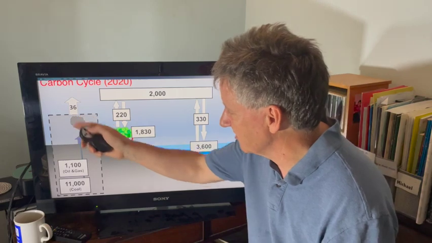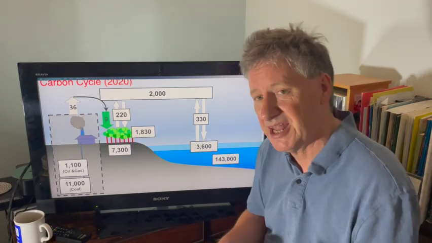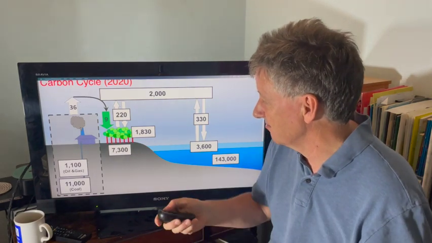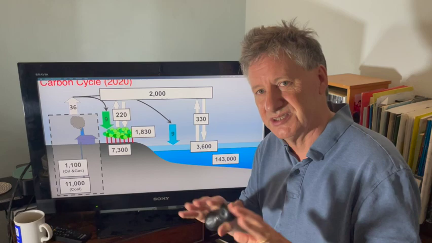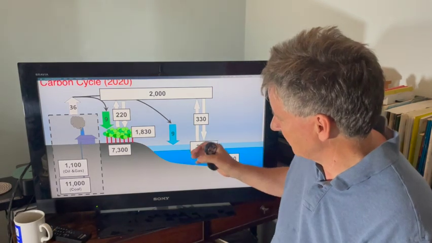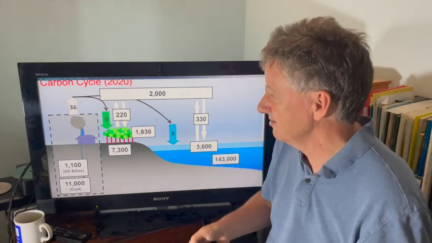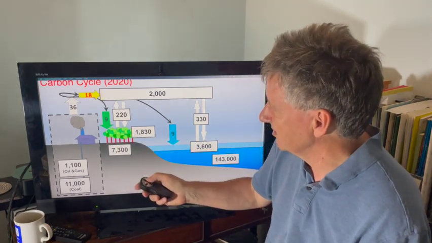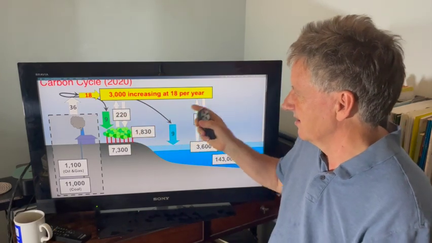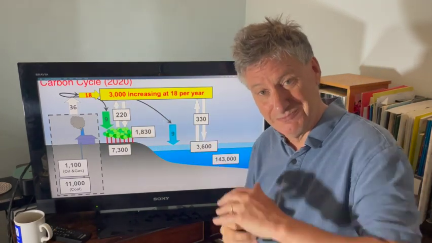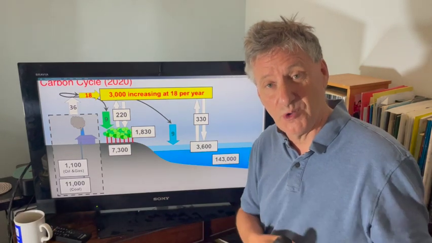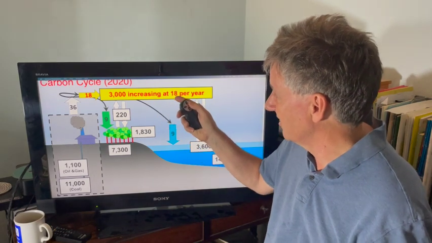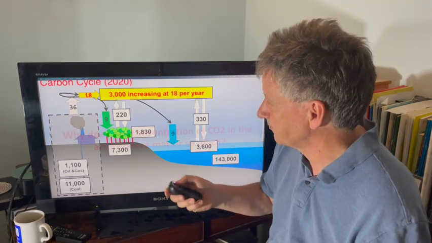And so what happens to the amount that we put in the atmosphere? Well, very roughly about 9 billion tons goes into growing extra things. About 9 billion tons gets captured in these upper layers of the ocean, and that's affecting ocean acidity, another problem, but not today's problem. And then the residual, which is about 18 billion tons, is left in the atmosphere. And so now there's about 50% more carbon dioxide in the atmosphere than there was in the 19th century, and it's increasing at about 18 billion tons per year.